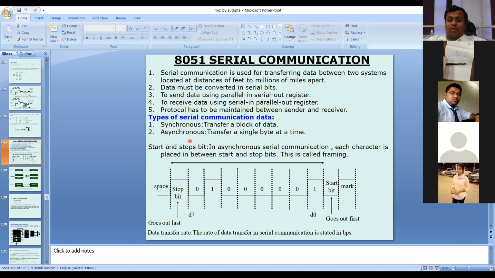So this is called asynchronous communication mode. In asynchronous communication mode, you always send a data byte with a wrapper. Means